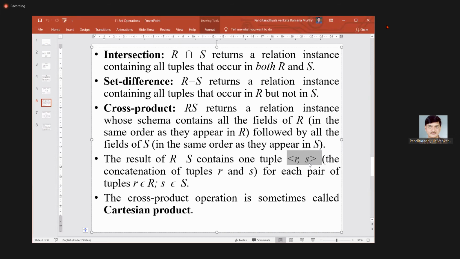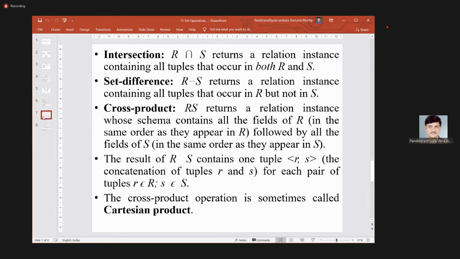That is the combination of each and every row in the result table. Here in the result table we are combining all values. Maybe we may apply some conditions; that condition we will see later. But in particular, whenever you perform this cross product operation, we are joining all values in the first table with all values in the second table. If you do this, we call it a cross product.